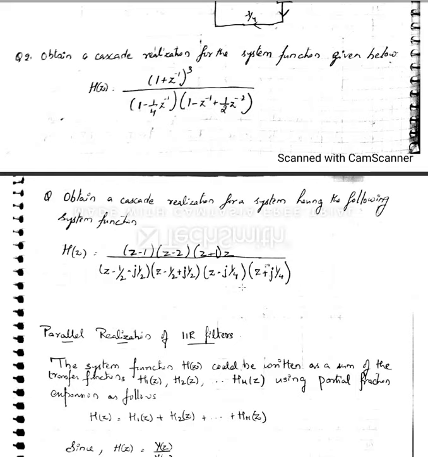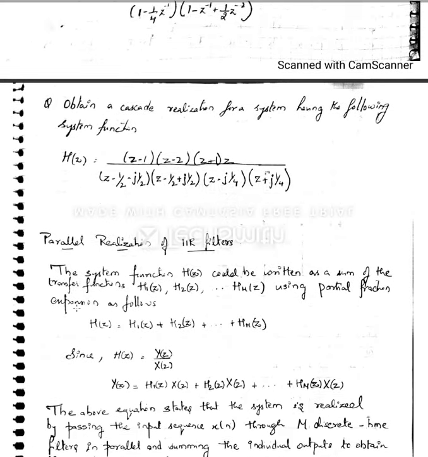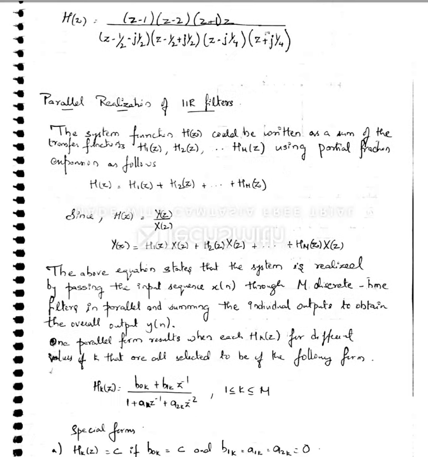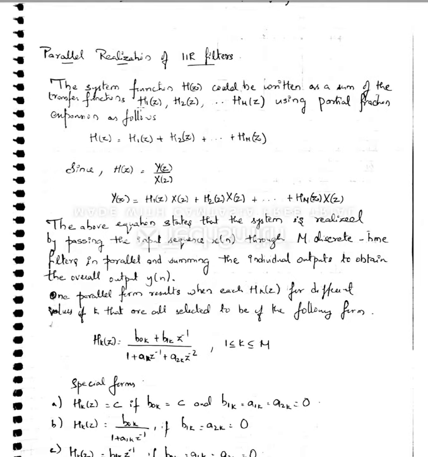Then z minus 2 into z, again z square minus 2z, you can have one transfer function, and below also you can multiply these two. So split this and this both into 2 transfer functions only, H1 of z and H2 of z, and realize the structure. According to your convenience.